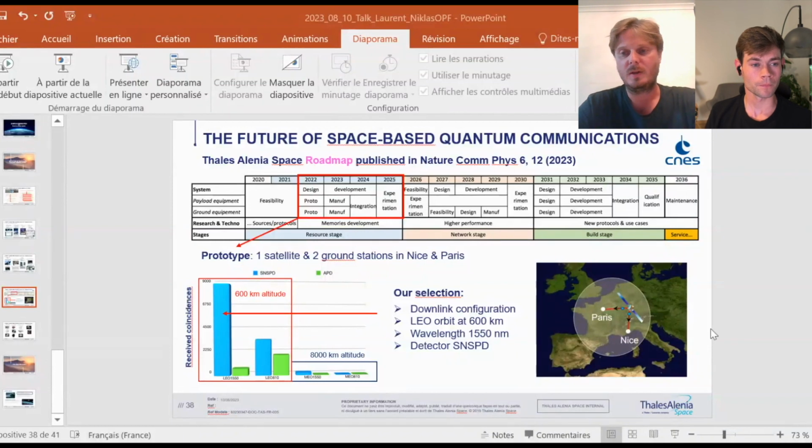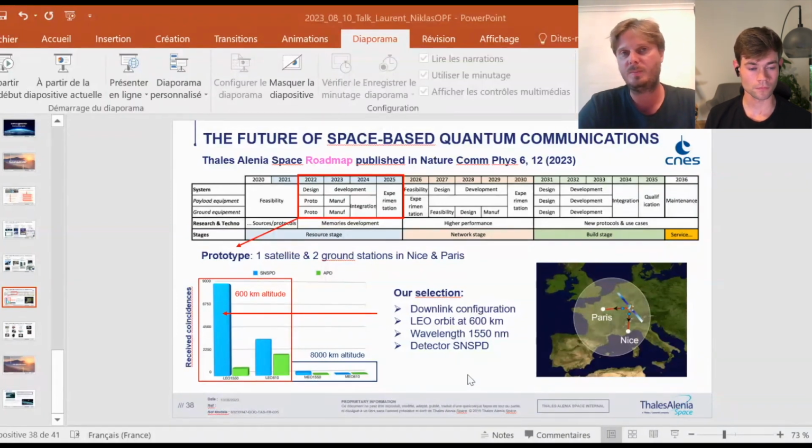Yeah. Okay. So the first consideration is that when you decide to include a device on board a satellite, you have many constraints. The first constraint is that you will launch the satellite with a launcher, and with the launcher you have lots of vibrations, so you have to ruggedize the device such that it will survive the launch. So that's the first point.